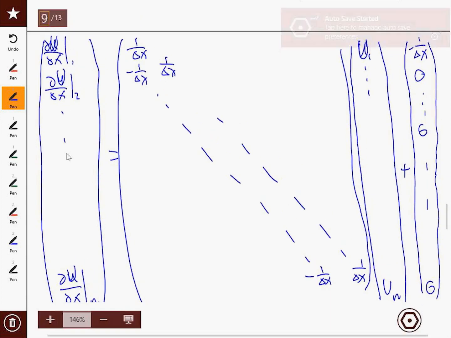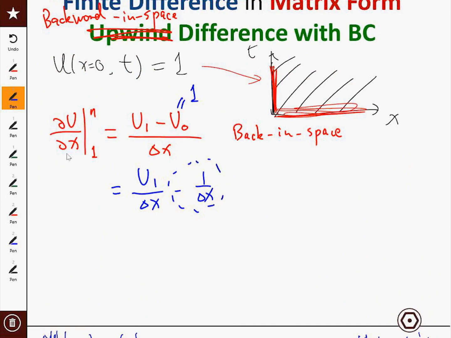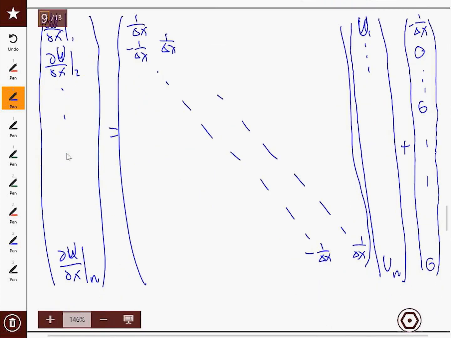How did I achieve this? I plugged the boundary condition into the finite difference formula at the grid point that is close to the boundary. All right, that is a general technique of plugging in the value of the boundary condition into the finite difference formula. Okay,